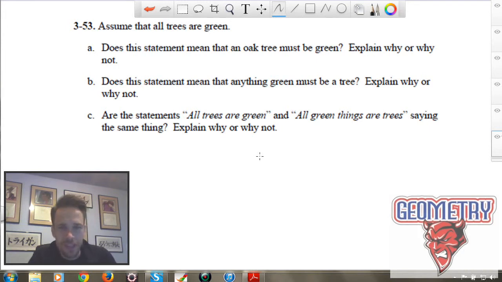I realize it may not sound like much of a geometry problem, but it's involving logic, which we get into in terms of proof, and in terms of conditional statements, and creating logical arguments there. So hopefully you followed me with those arguments dealing with green trees.